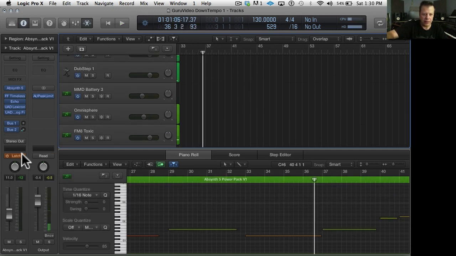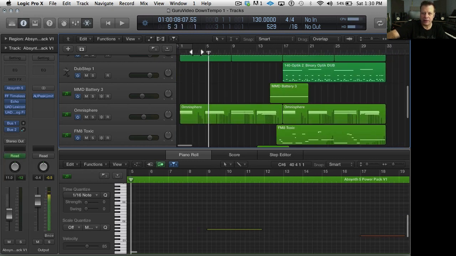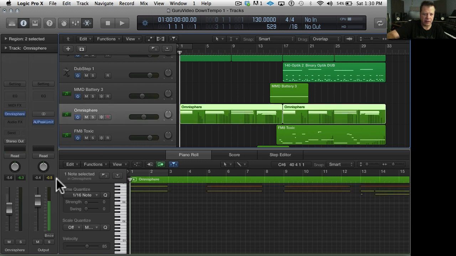Right, it got that. Just read. So that will make it darker so I can hear the Omnisphere sound a little bit better. In fact, let's do this. Latch. I could automate to a hardware slider or something like that, but I'm lazy and I like to use the mouse.